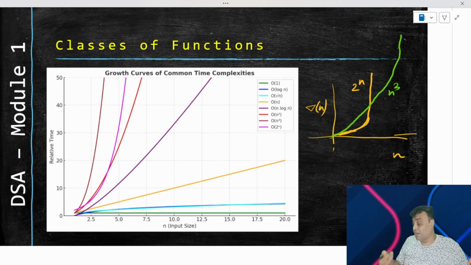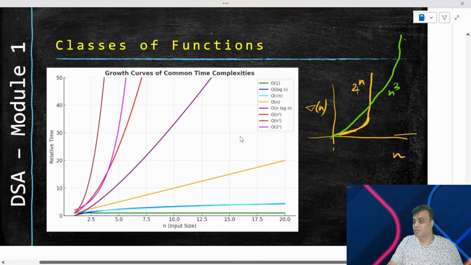right? So that is what I tried to establish here, by putting the context that yes, while we can appreciate that all these are in their orders of time complexity that we have discussed, the exponential complexity, 2 to the power n, is going to be very large when n is very large. Till that time happens, n cube will be the largest. And that's what this graph actually tries to bring in.